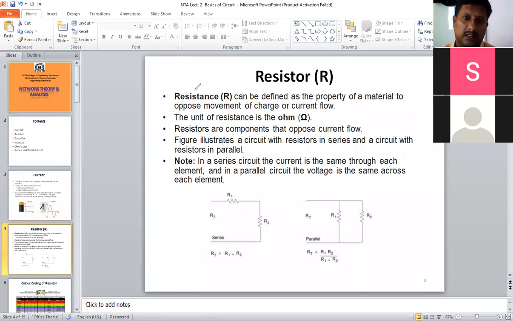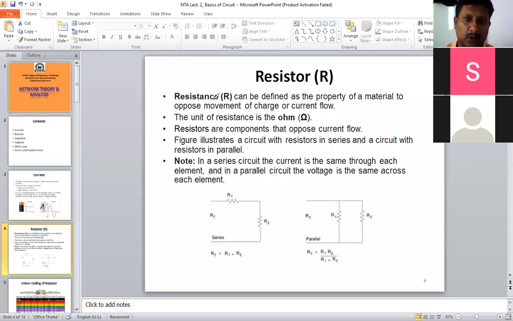Now, resistor is an element, we can call it a passive element because it cannot deliver any energy to the other part of the circuit. It always observes, it is always ready to take. Okay, it is not giving something to the circuit. It is always limiting the current. It is always taking the energy from other storage elements like a charged capacitor, charged inductor, or any power supply. So the work of resistance is to limit the current and take energy from the other part.